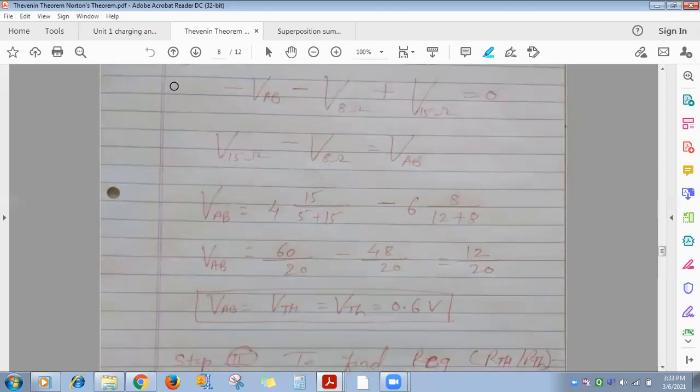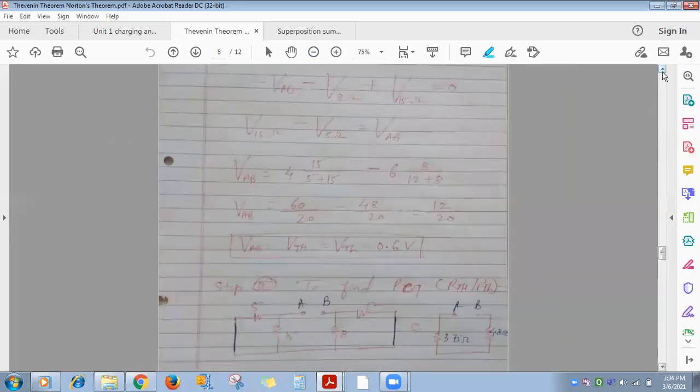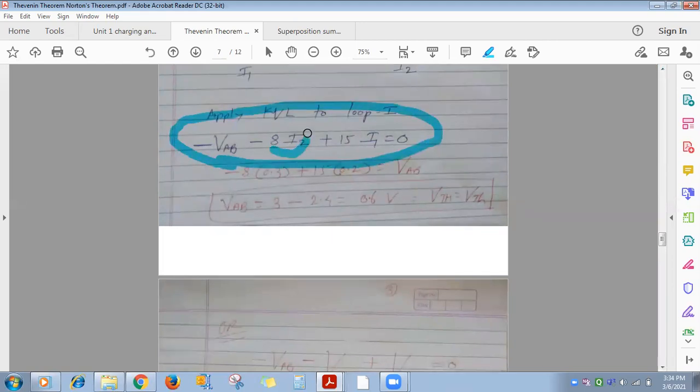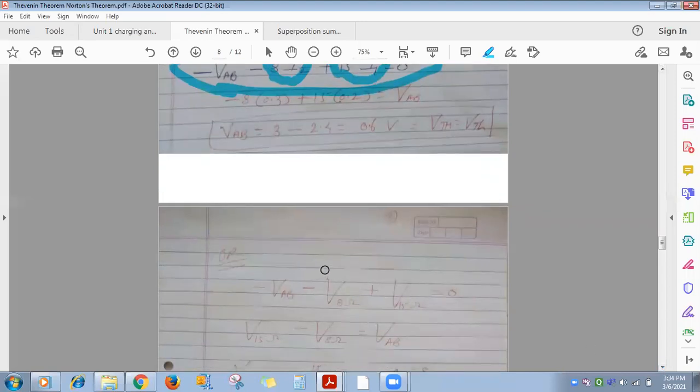So see here, I have shown the same thing again. This is the KVL equation. You can write the KVL equation here; the I1, I2 directions you know, so you can apply the KVL equation, same as whatever we have done earlier. This is one equation. This is the voltage drop across 8, and this is the voltage drop across 15. Signs are the same: for the voltage drop across 8, minus sign; for the voltage drop across 15, plus sign.